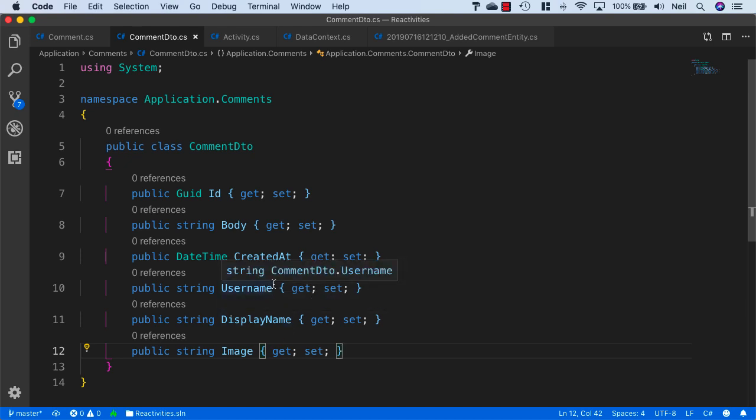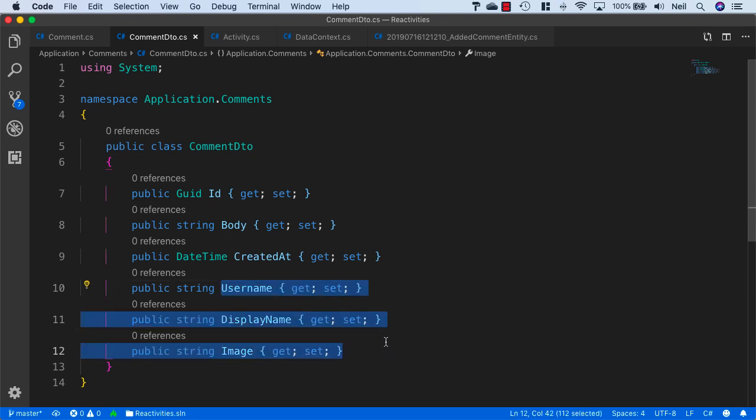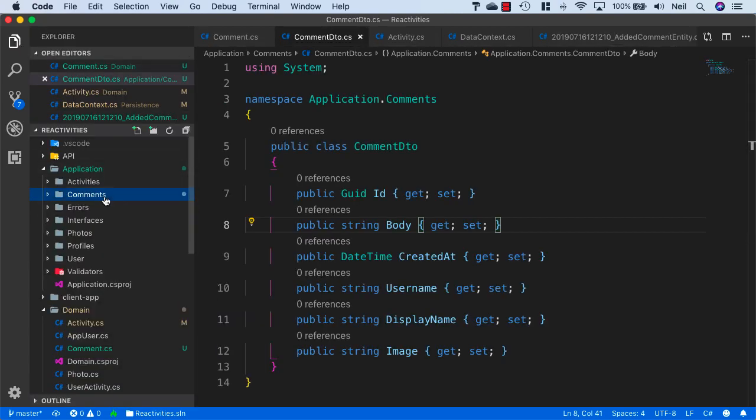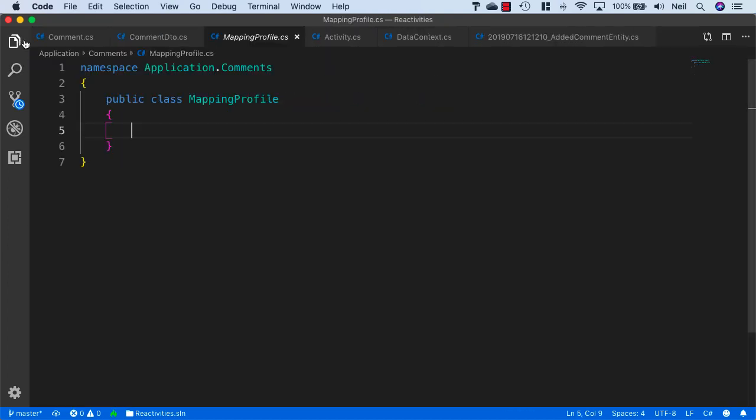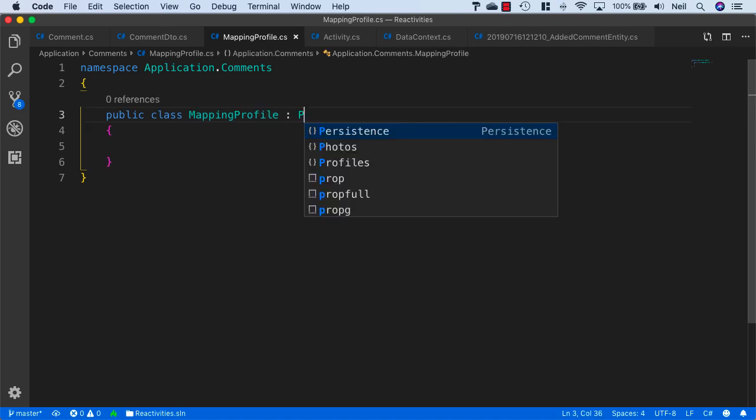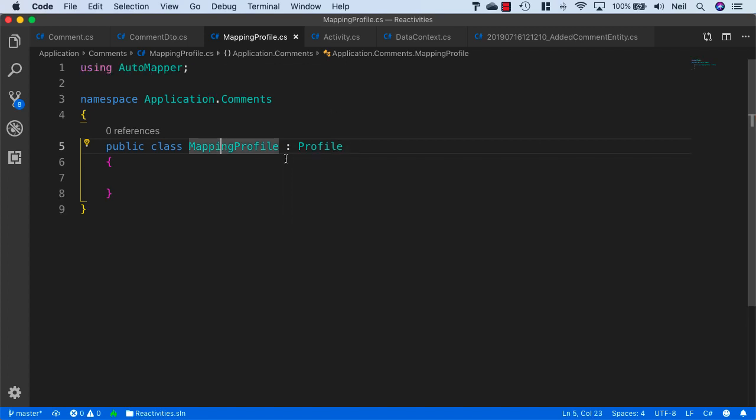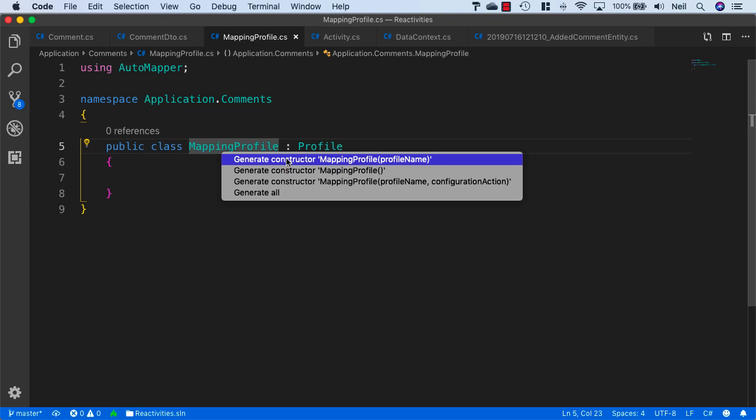We'll utilize AutoMapper to help us map from the author to these three additional properties. And what we'll do is inside our comments folder here we'll create another new class and we'll call this mapping profile, and inside here we want to derive from profile. And be careful here because we're using profiles in our application, so we want to select the one for AutoMapper. And inside here we want to generate a new constructor,